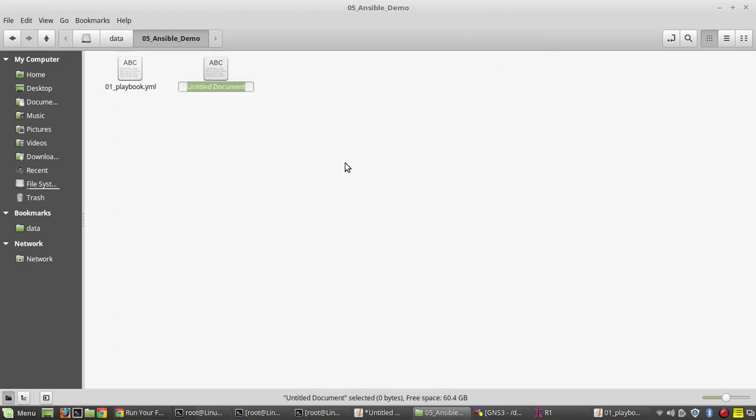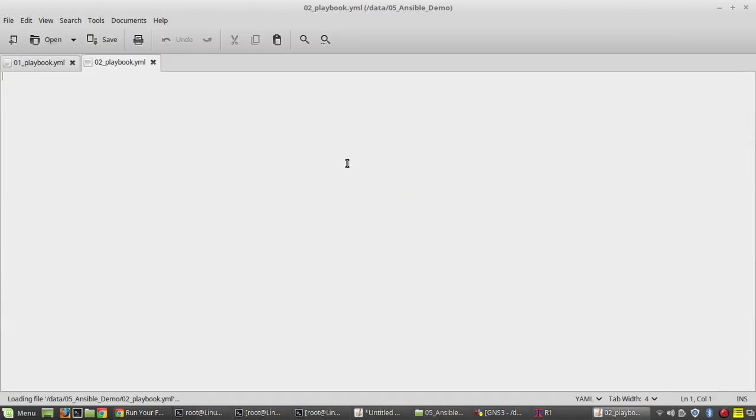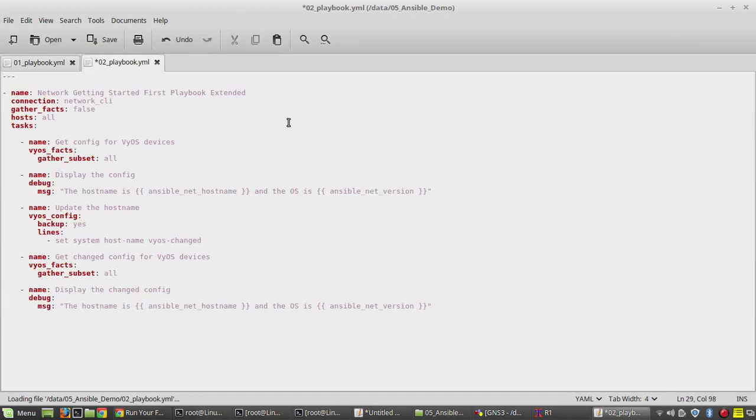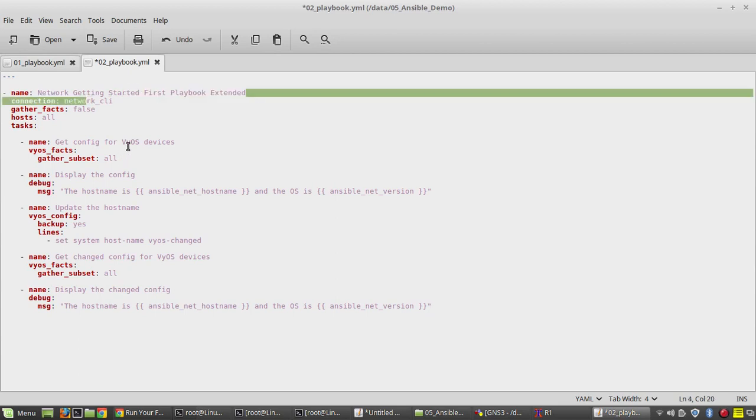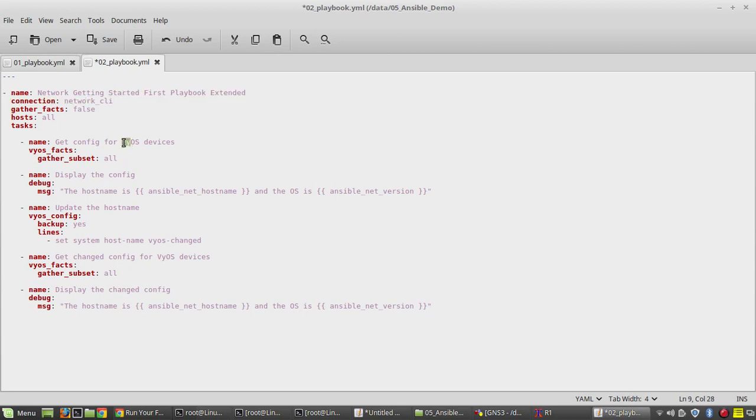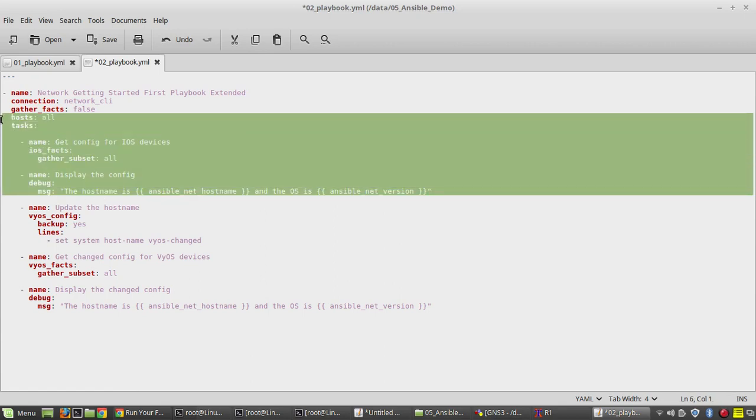I'll create a playbook here. Okay, so here the name is playbook extended. We'll call this iOS. Okay, first it will print the host name.